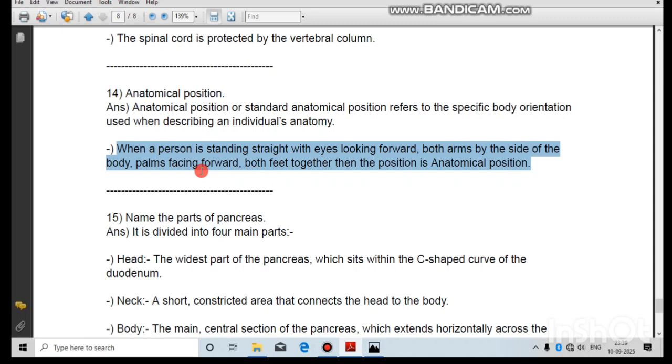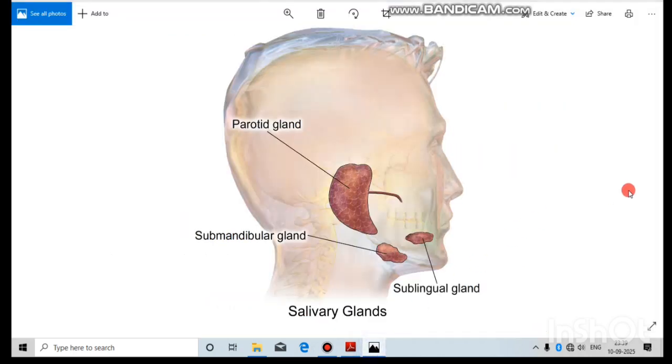A person should stand straight, with eyes looking forward, both arms by the side of the body, palms facing forward, and both feet should be together. Here, as you can see in the diagram,